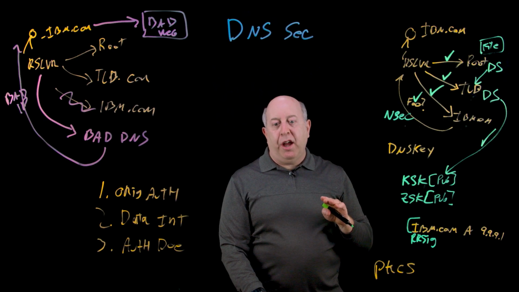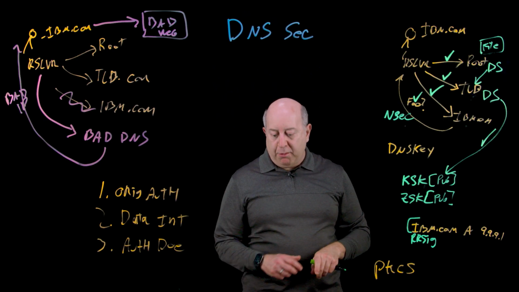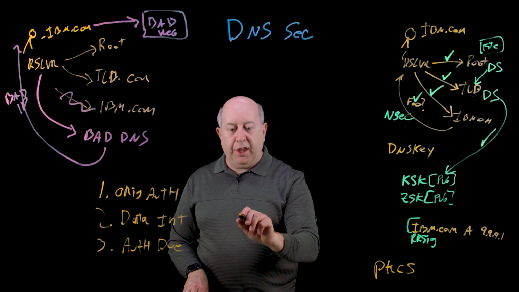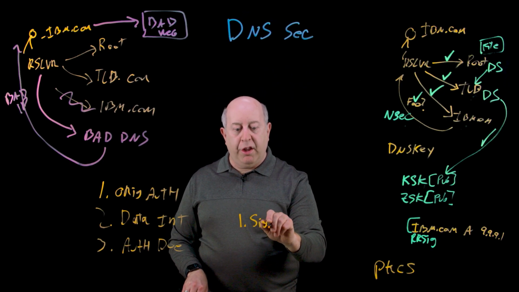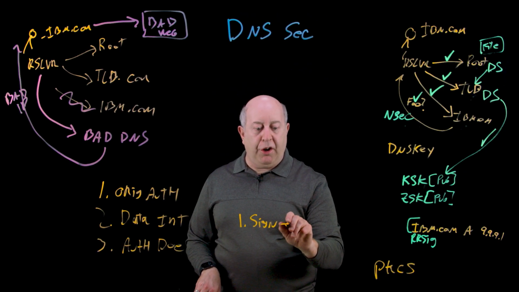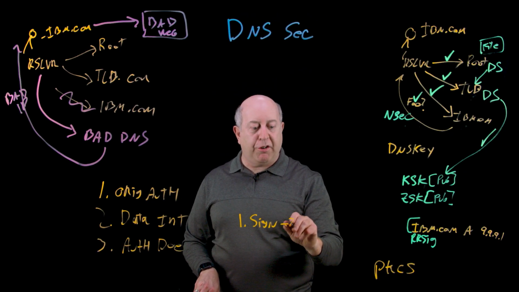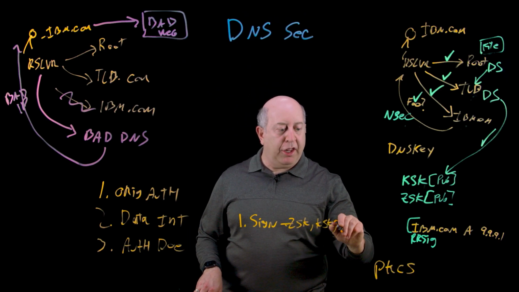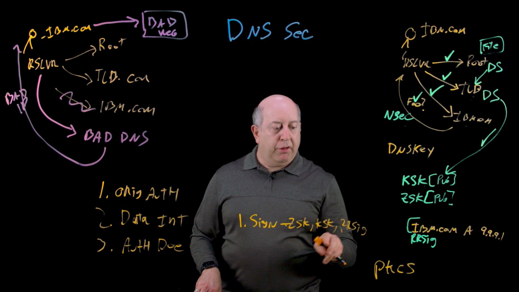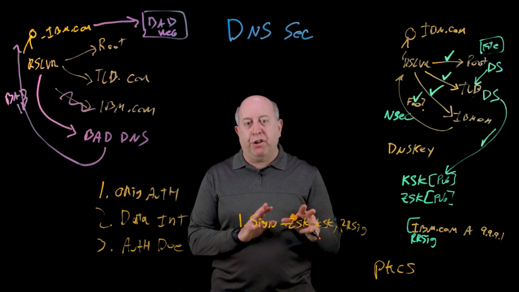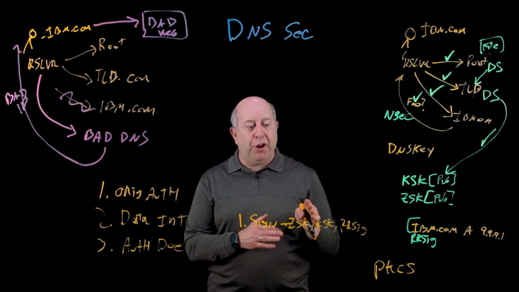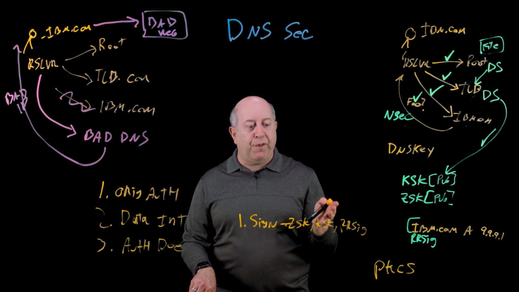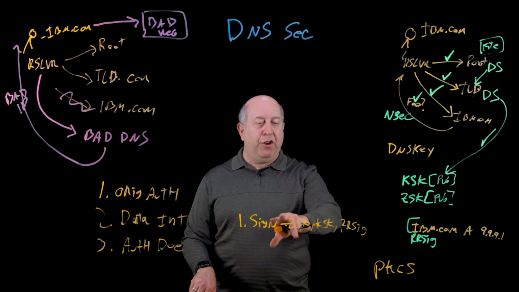Now let's talk about how you can get started on your own to implement DNSSEC. The first thing you want to do is sign the zone. What that means is you create all the new record types I mentioned here. You create a ZSK, you create a KSK, and then you create the RRSIGs. Depending on your software, the way you do this will be different. For some open source software, if you're running your own DNS, this will be a manual process. For some of the managed DNS services out there, you'll essentially flip a switch and all this will be done for you.